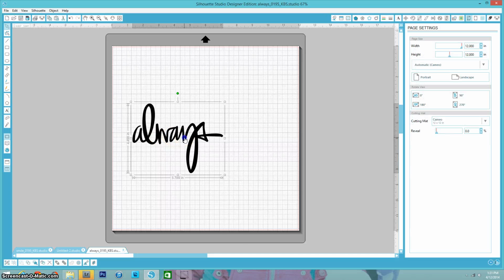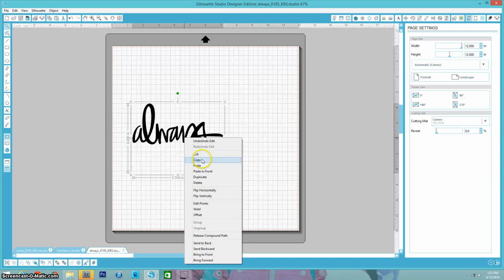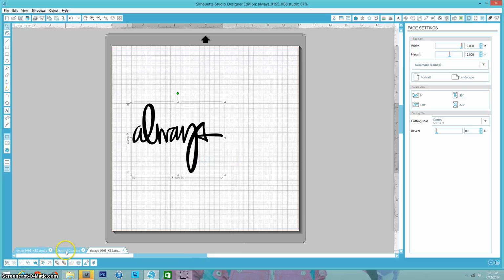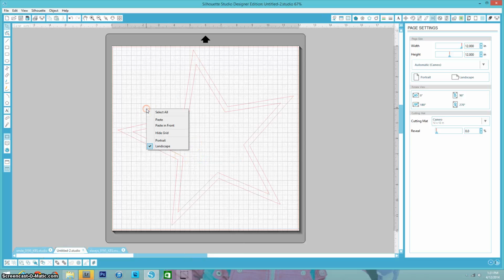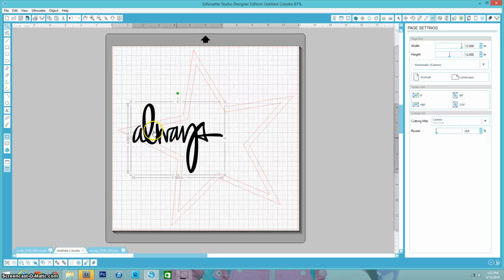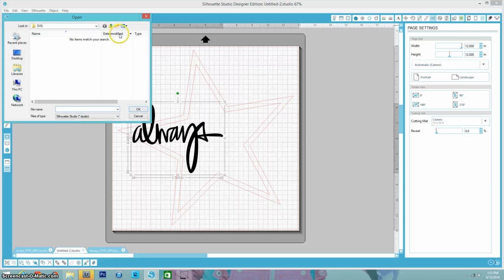So if you click it and you right click, copy, you can go back to your project, right click, paste,